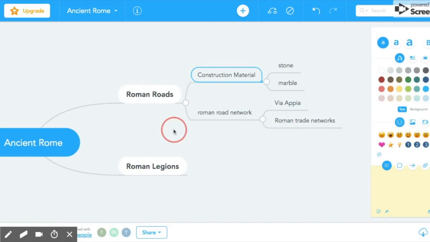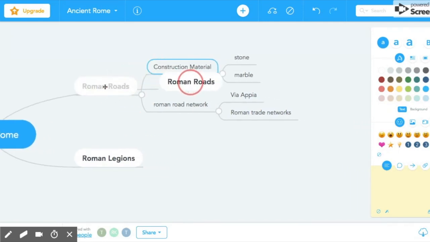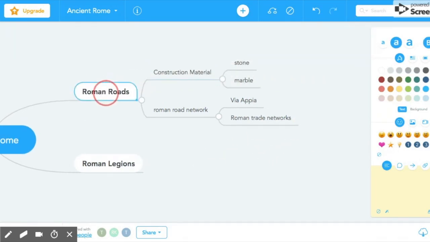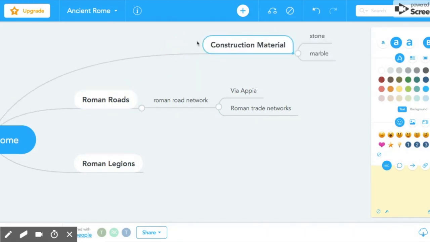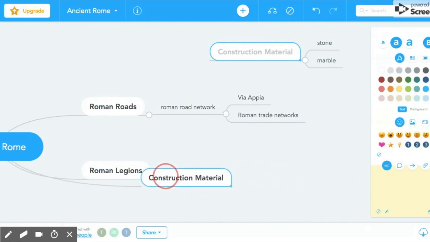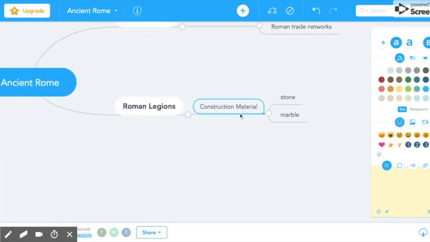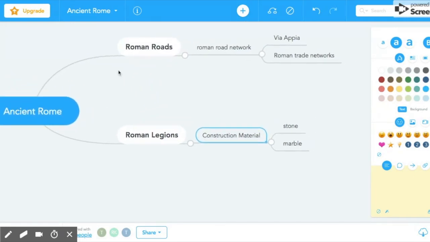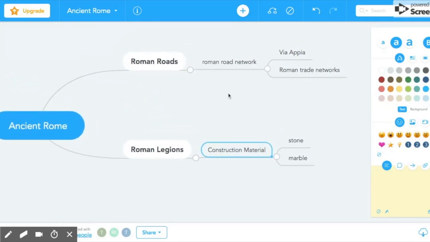Now I could theoretically grab this and move it off of, sorry, not ancient Rome, because I could take this subtopic and move it and make it its own. So construction material found in ancient Rome rather than under the subtopic Roman roads. Or I could do construction material under the legions, for instance, just like that, switching it around. And that's another one of the strengths of MindMeister, is that as you're editing it and moving things around, it still retains this fairly intuitive structure, which makes it very visually appealing,